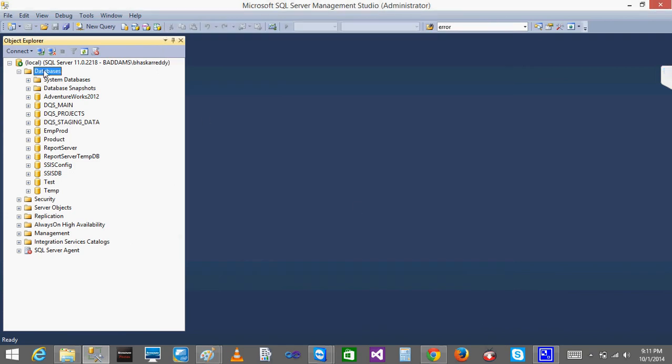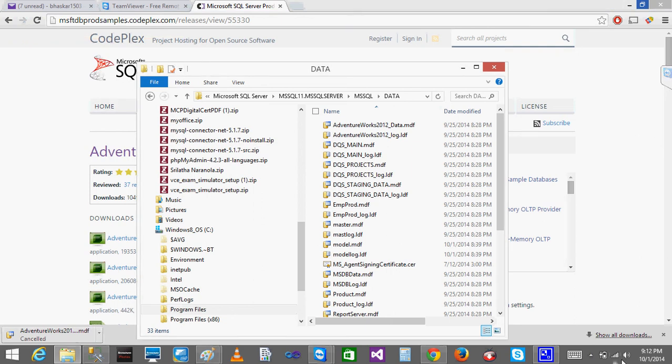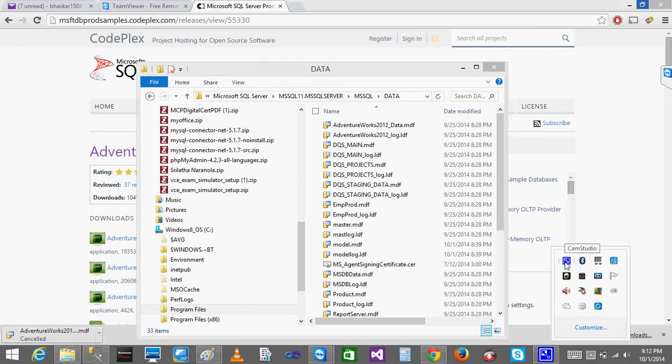So whatever operations you want to do on the database, you can normally do them using this server. The server is at the higher level. Under the server you will have the databases. Under the databases you will have all the tables and all kinds of things. Whatever data you store, you always store under the database. The database will have the data. So is everyone clear with this? Hello? Yeah. Okay.